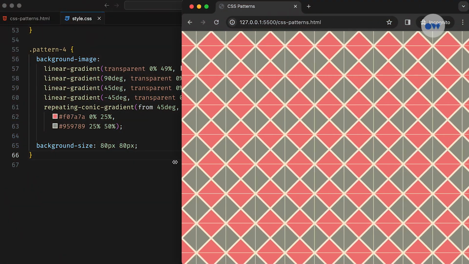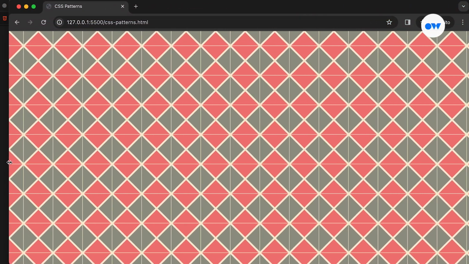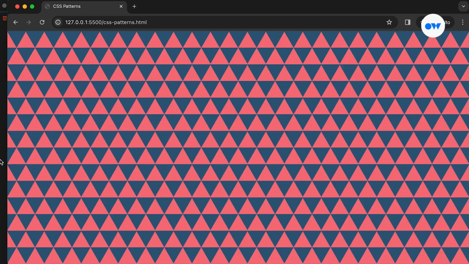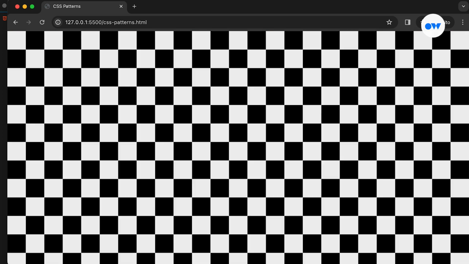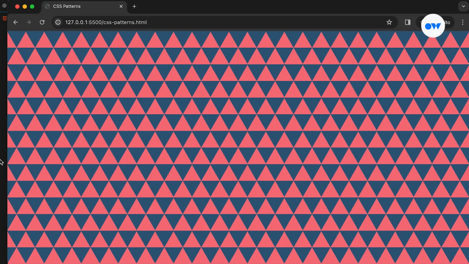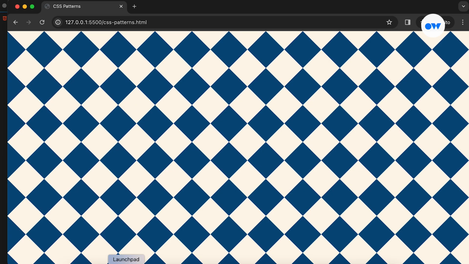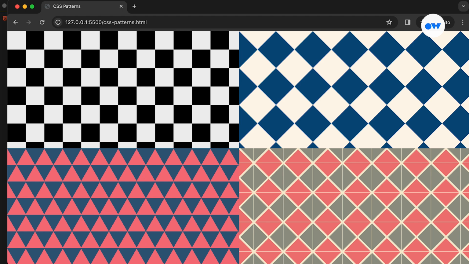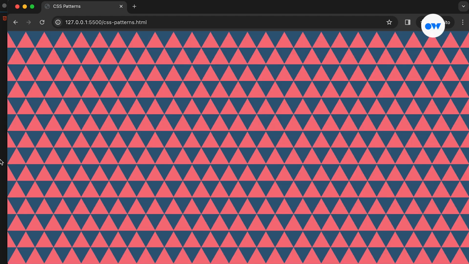Making your websites look good is crucial to catch people's attention, keep them interested, and get them involved. CSS gradients are a cool way to bring some life to your web pages by adding seamless patterns. Today, we're diving into the fascinating world of CSS patterns using gradients. From conic gradients to eye-catching repeating patterns, this tutorial will guide you through the process of achieving these effects with